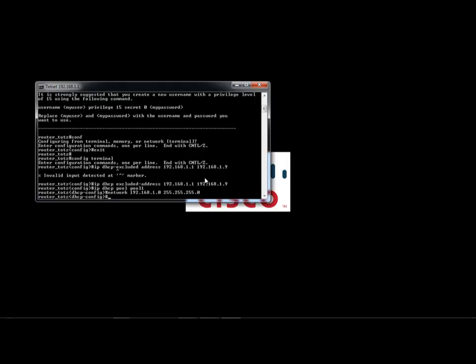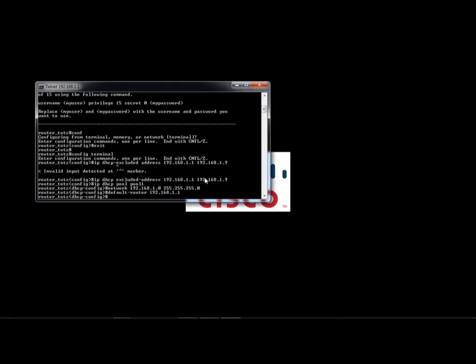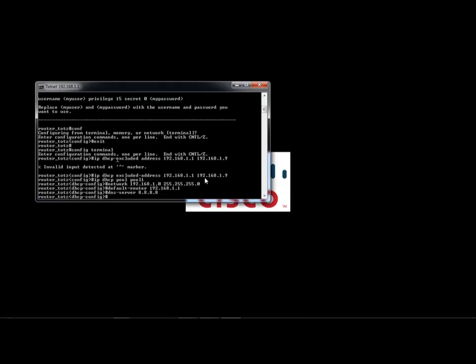And so default-router: set your client's default router, which is your router itself, and give clients a DNS server with a public IP.